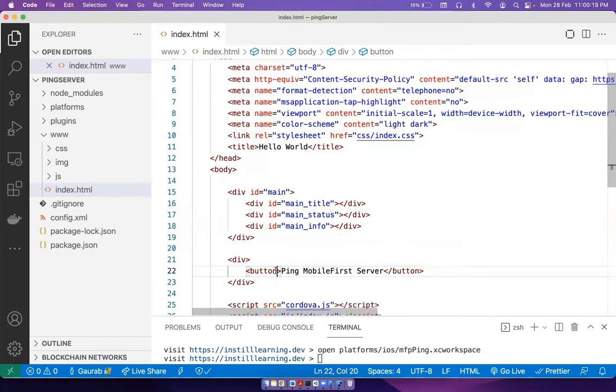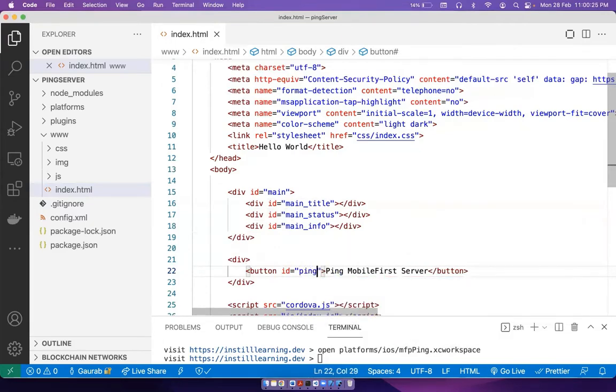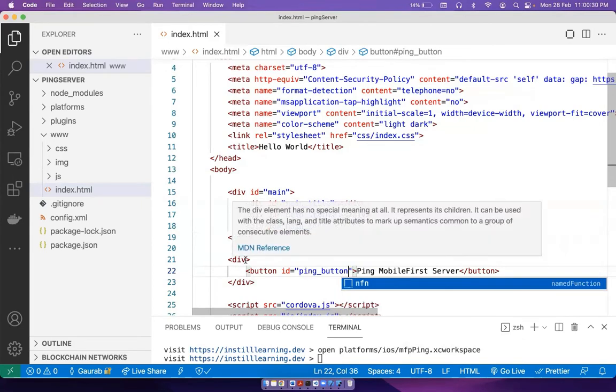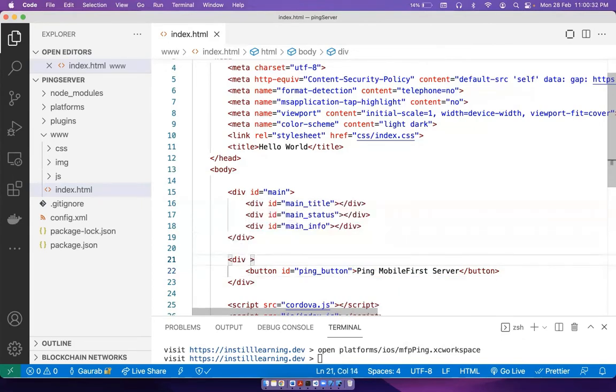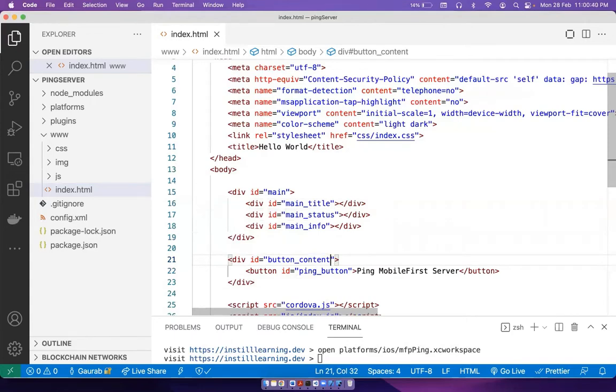The ID of this button will be ping button, and the ID of this div I'll give as button content. So we are good to go here, and initially, the style, if I add it here with this button,